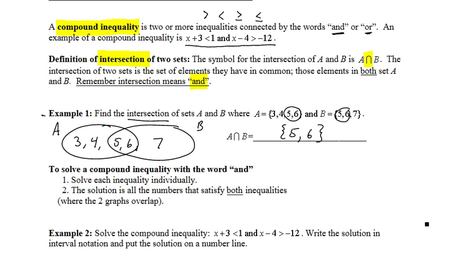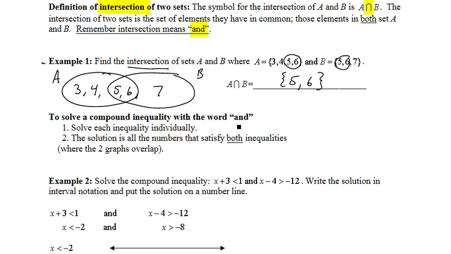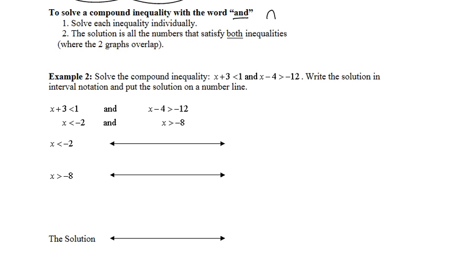Alright, so let's solve a compound inequality with the word "and," or intersection. So you can say the word "and," you can use the word intersection, or you can use this symbol anytime you want, and they all mean the same thing. So we just solve each inequality individually, and then the solution is where they intersect each other. So example 2, I went ahead and solved it for you. Just solving x + 3 < 1, all I did was subtract 3 on both sides, solved it, and got x < -2. And on the other one here, all I did was add 4 to both sides and got all numbers greater